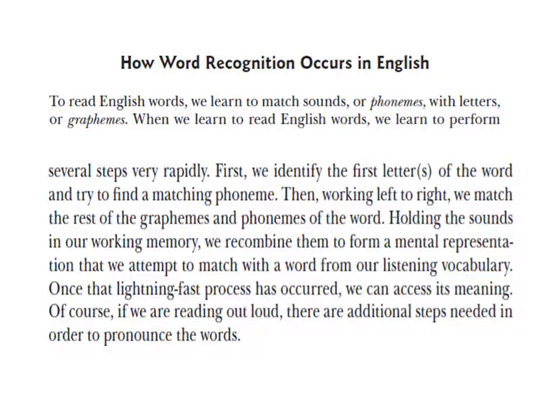When we learn to read English words, we learn to perform several steps very rapidly. First, we identify the first letter or letters and try to find the matching phoneme. Then, working left to right, we match the rest of the graphemes and phonemes. So we should match letters and sounds. What we mean by graphemes and phonemes is letters and sounds. Holding these sounds in our working memory, we combine them to form a mental representation that we attempt to match with a word from our